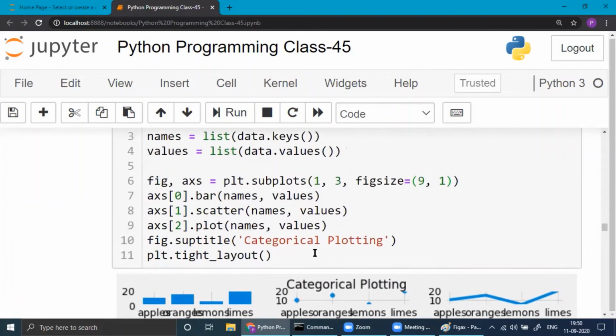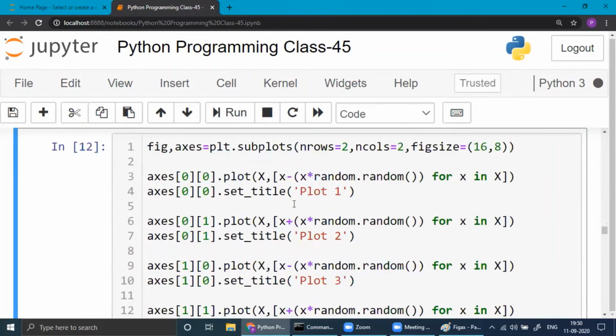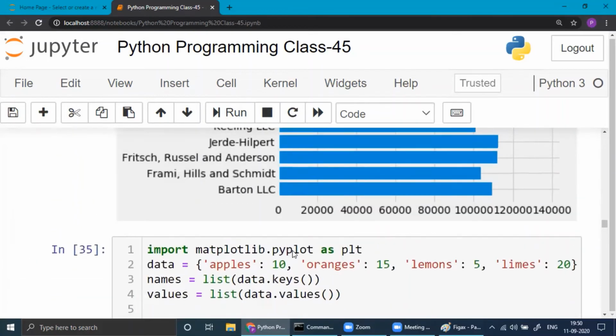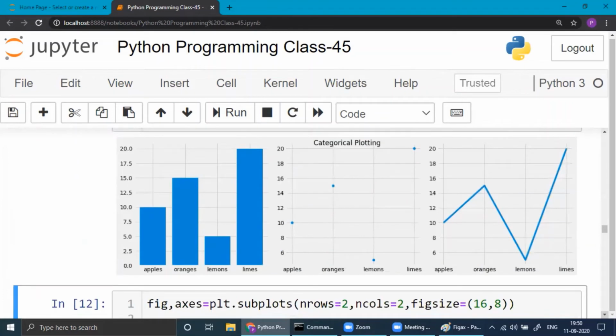Yeah, this became smaller now. Make it 5. Whatever you write, the first one 16 centimeter. Yeah, now it looks better.